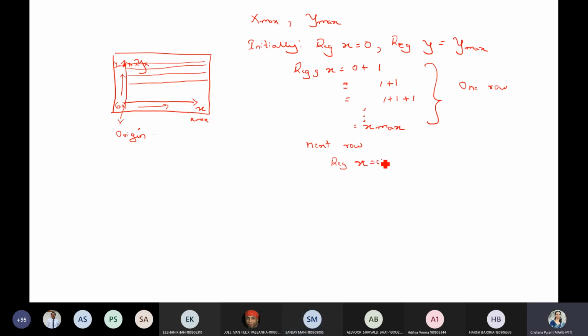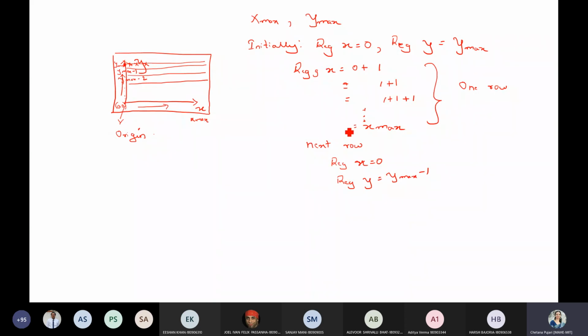Initially it was Y max, next row it is Y max minus 1, similarly Y max minus 2. You continue this till you reach Y equal to 0.